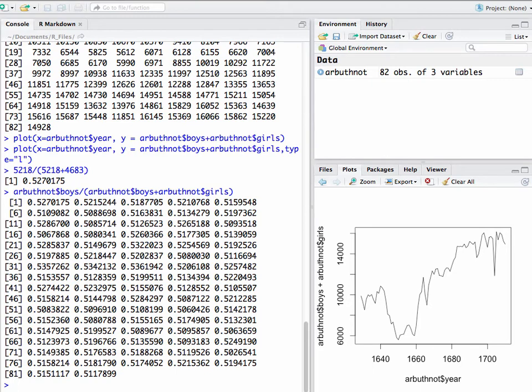So what if we wanted to make a plot of the proportion of boys over time? In other words, if we wanted to see what that looked like. Well, one thing that we can do is